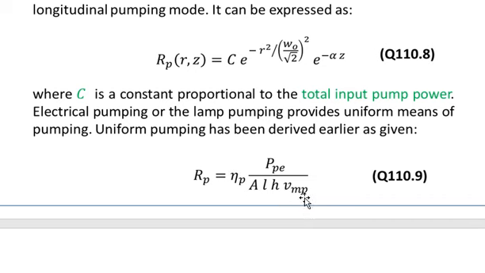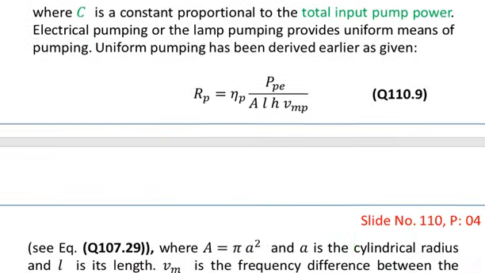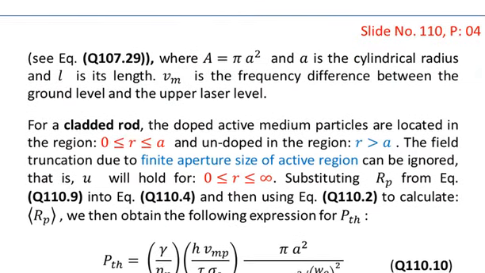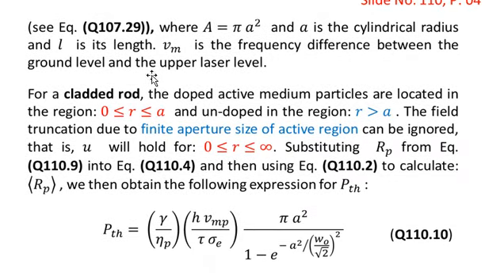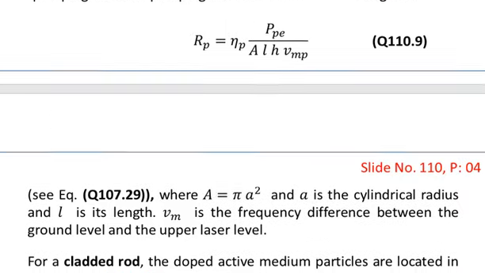And this nu MP is actually the minimum pump frequency that is required to raise the atoms from the ground state, that is to raise the population from the ground level to level number 4 of the 4-level laser system. So this equation has been reported in equation number 107.29. You can also see this slide if you want to know the detail of the value of RP given by equation number 9,